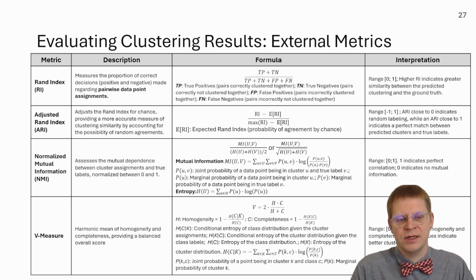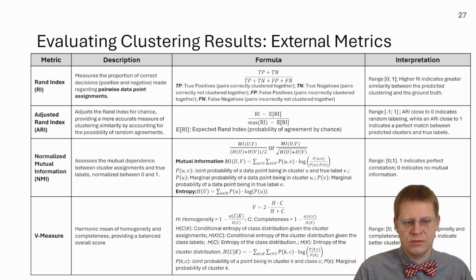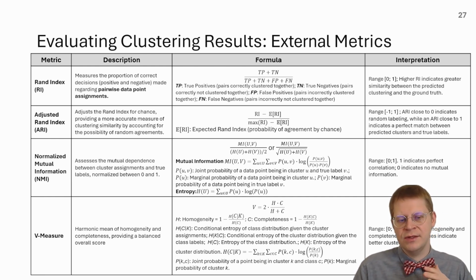And it computes the harmonic mean to give the overall score. It ranges between 0 and 1, and the use case is a balanced metric for evaluating both intra-cluster consistency and inter-cluster separation. These metrics give different perspectives on clustering quality, and choosing the right one depends on your dataset and goals. For example, use